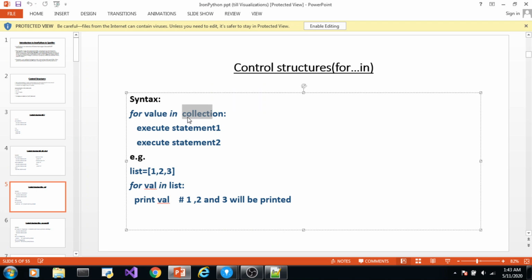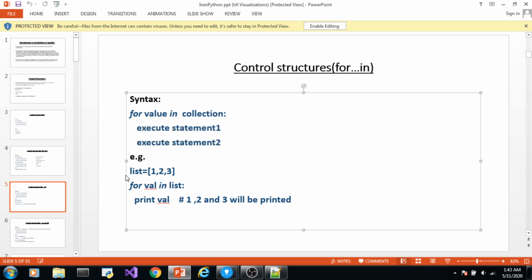Every time a value is met in the collection, value corresponds to that. Here also, these two statements are indented by the same amount, which means they belong to this for loop. So for each value in collection, these two statements will be executed.